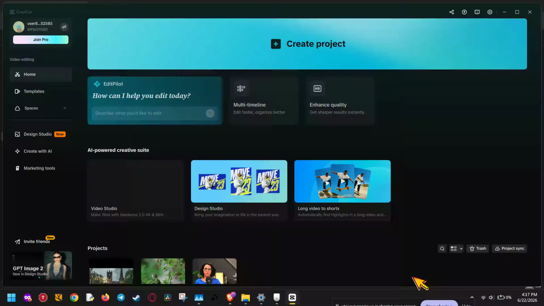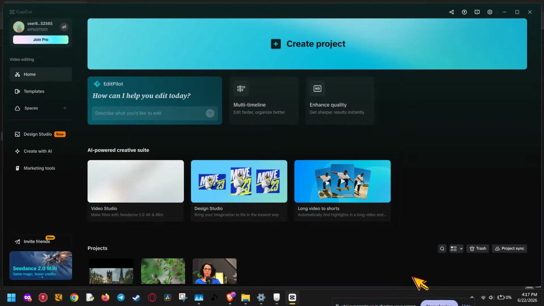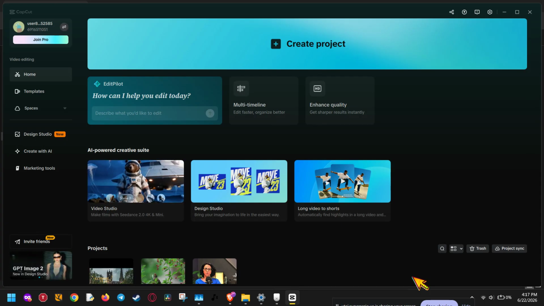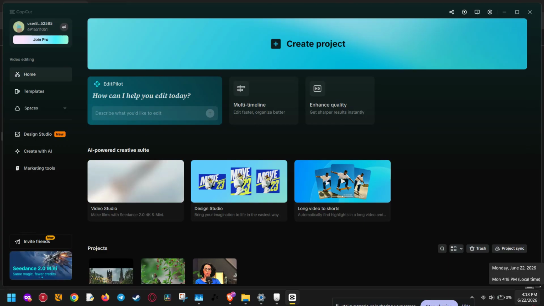In this video, I'm going to show you how to clear cache in CapCut PC quickly and safely. If CapCut is running slowly, freezing, or taking up too much storage, clearing the cache is one of the easiest ways to help it run better. This is a simple cleanup step that can free up space and remove temporary files without affecting your main project